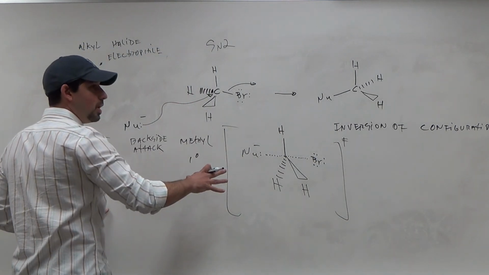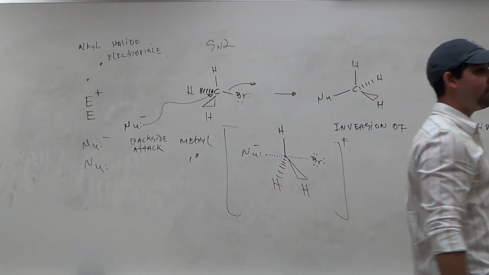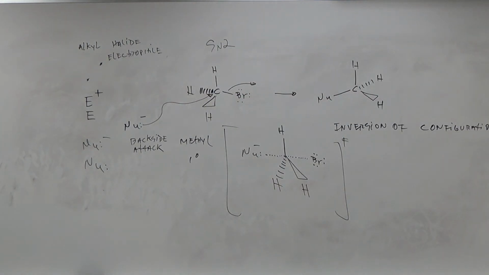So that was one step, yes? Yeah. Inversion of configuration. Which one is the fastest? SN2, but which one? Primary alkyl halides were the fastest, and this happens with inversion of configuration. So primary is faster than secondary, which is faster than tertiary. Tertiary pretty much doesn't exist, right? Tertiary almost never happens